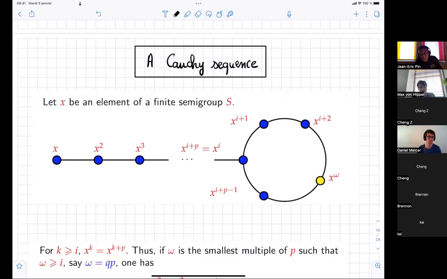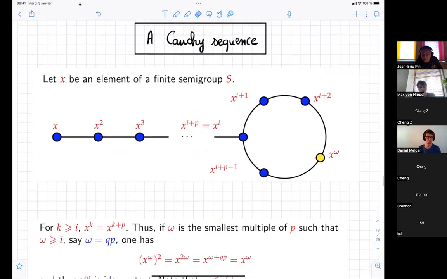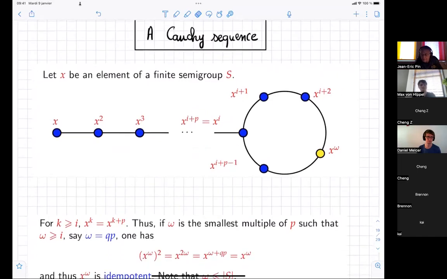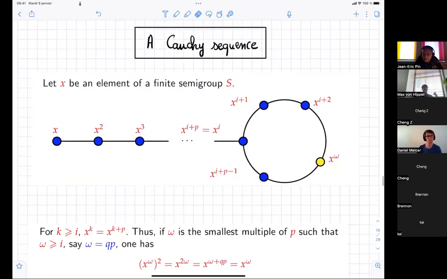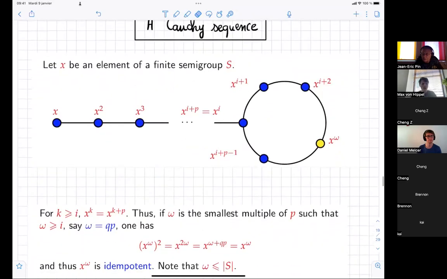Since it is finite, there is some P such that P is a period, and after that you loop around the circle, x to the i plus p is equal to x to the i. And it's not very difficult to show, and there is a short proof here if you want to read it, that on this circle there is some power, usually denoted by x to the omega,